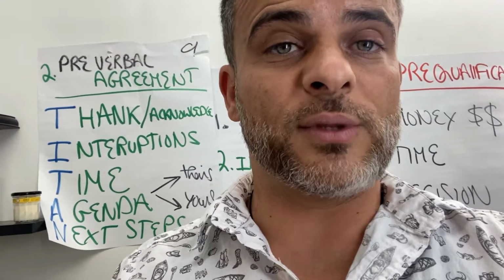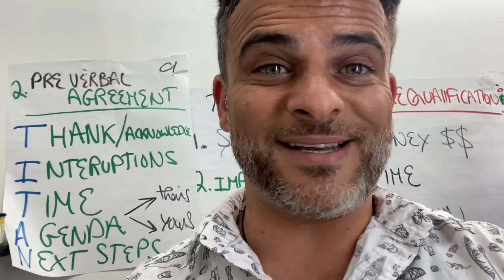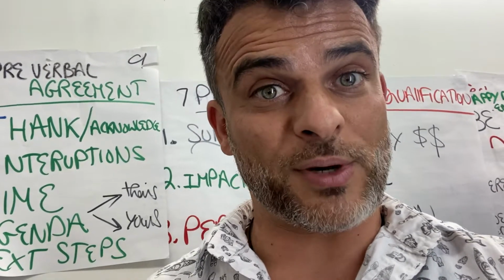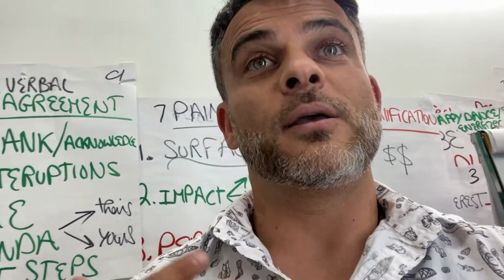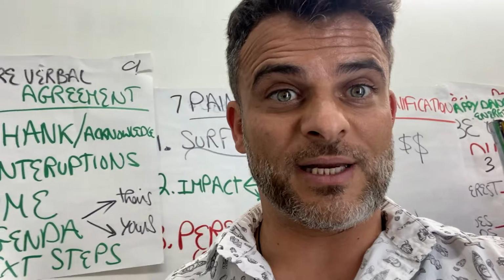All right, so let me just go through these steps. Step number one is a pattern interrupt. Just something real quick, like I did here today, sent you a video instead of sending you an email, right? That's a pattern interrupt. You can do that to your prospects as well, or clients. They might appreciate that you're sending them a video versus sending them an email.